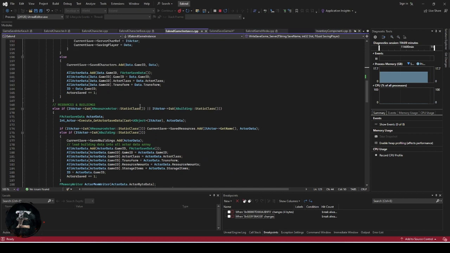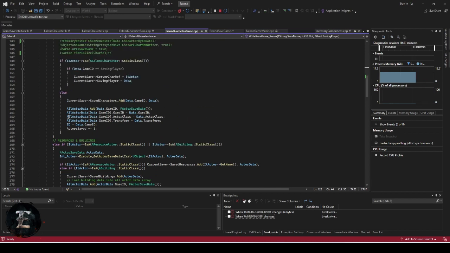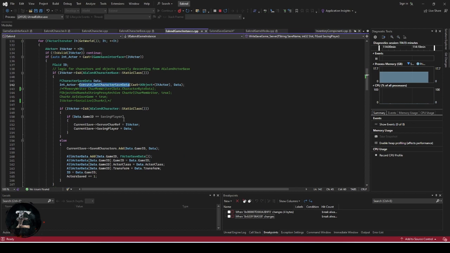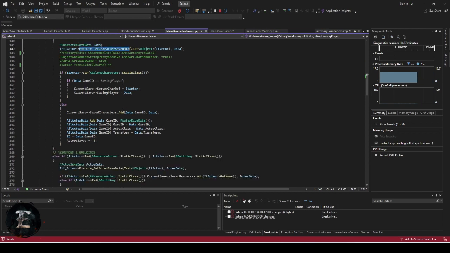Once the character data has been extracted, we'll then add an element to that map, which consists of the game ID and the actor data. We fill that out here, the class, the transform. And the reason we do this is because when we load up the game, as I explained before,